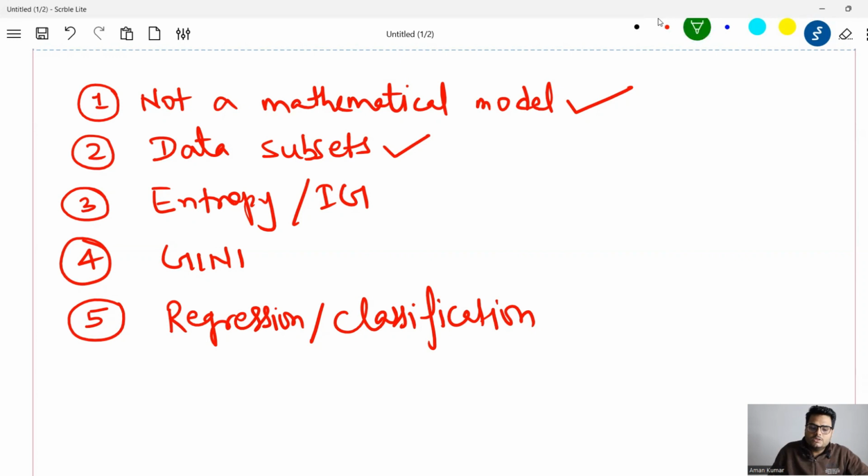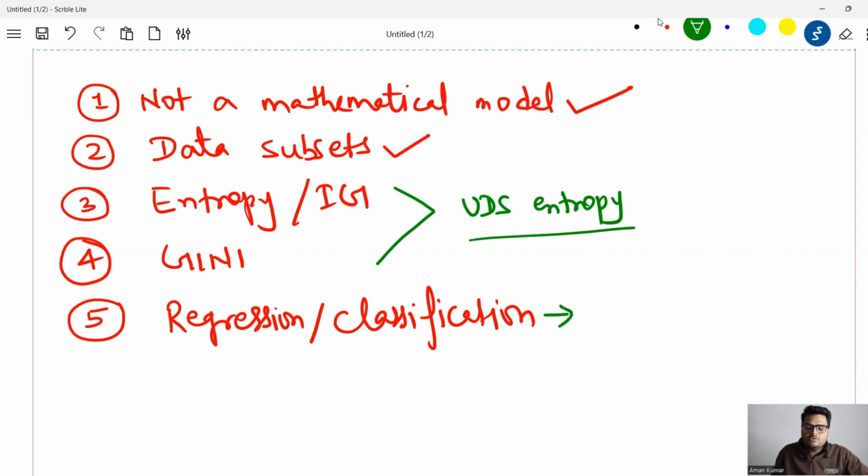These two things, point number 3 and point number 4, entropy, GINI and information gain, I have a very detailed video on Unfold Data Science. You can just go to YouTube and search for Unfold Data Science entropy or information gain. You will get that video. It's a little mathematical concept, but you'll be very easily able to understand. Okay. And then for regression, it will be decision tree regressor. For classification, it will be decision tree classifier. Okay. So in both these cases, it can work. So these are all the things that the interviewer will expect when they ask you how a decision tree works. That is how you have to answer it.